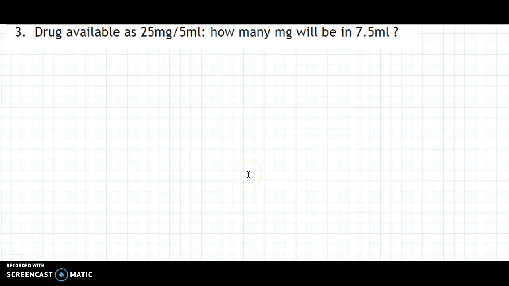The drug is available as 25 milligrams per 5 ml. And that means that there's 25 milligrams floating around in the 5 ml of fluid. And we want to know how many milligrams, our units are the same, how many milligrams will be in 7.5 ml. Well, look, if we divide 5